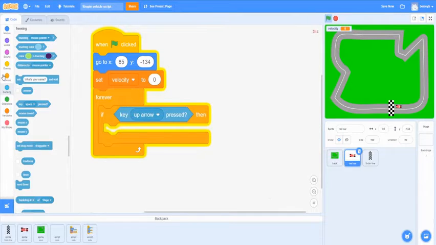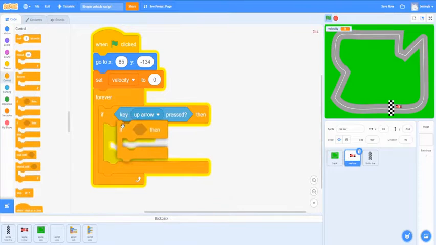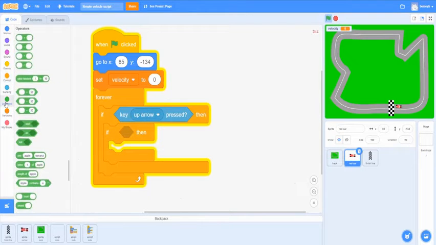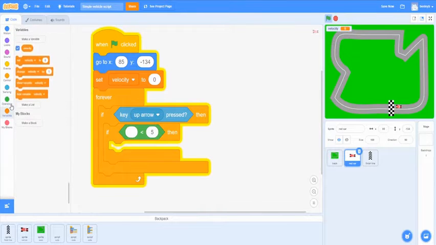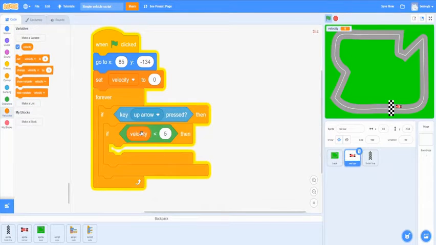Then we're going to add another if then under this. In the second if then, we're going to want to go to Operators and grab the greater than symbol. So the point of this greater than symbol is to make it so the car has a max speed. So we're going to make that 5. And we're going to go back to Variables and add in the velocity variable in here. So if the velocity is lower than 5, we're going to make the up arrow key gradually go up in speed. So we go into here and grab the change velocity